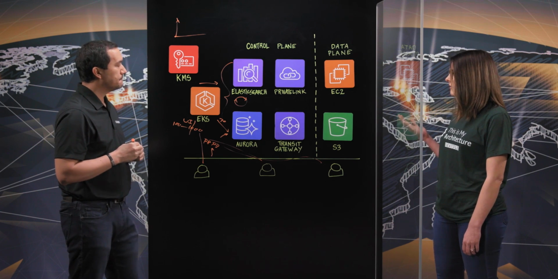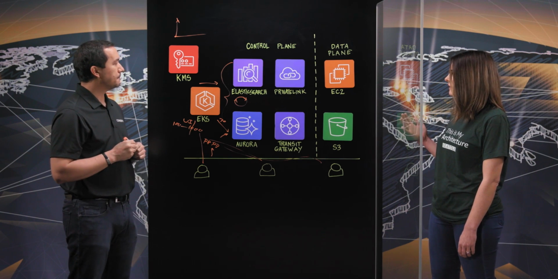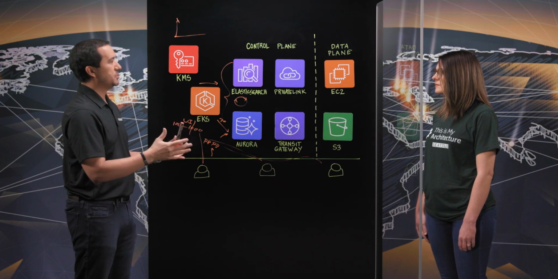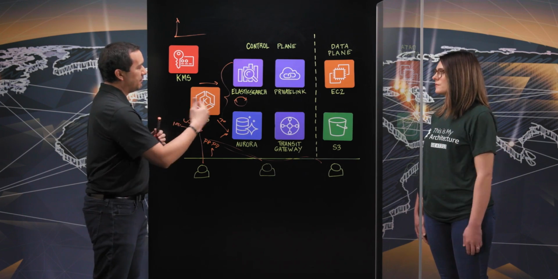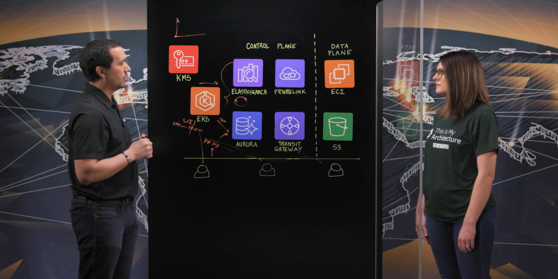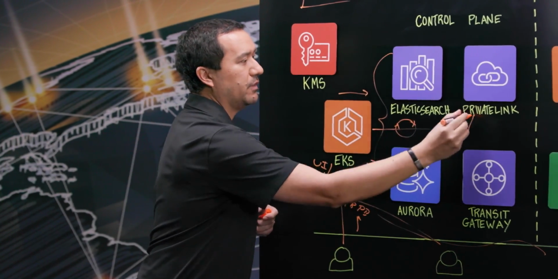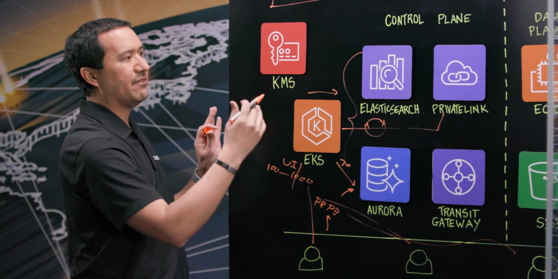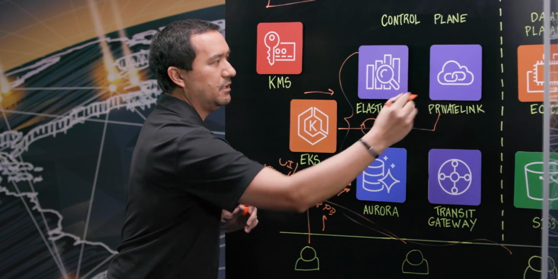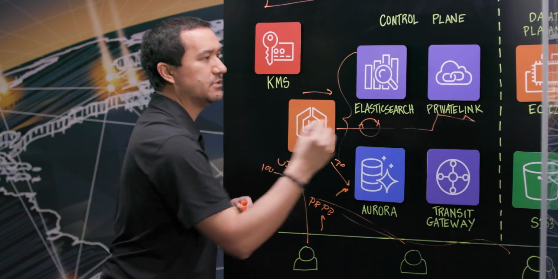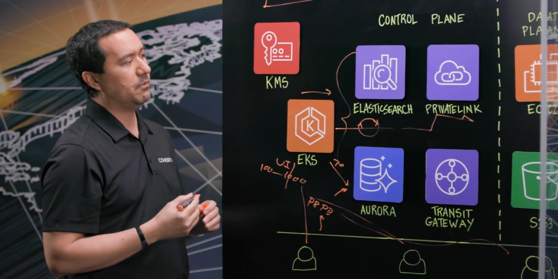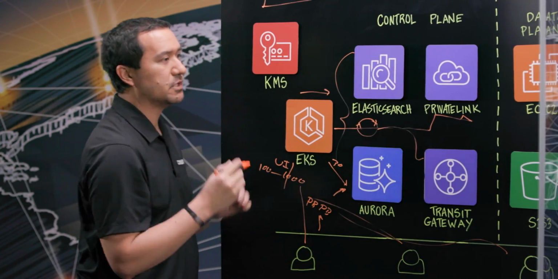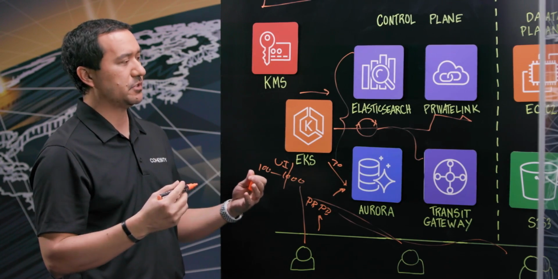So I see that we have Private Link and Transit Gateway next on the architecture. Tell me how that fits in. Yeah, we talked a little bit about the data plane. That's where the customer stores their data, and any type of data we want to emphasize is secure. So we're leveraging Private Link to make sure that if it's an inter-region data plane, it's going over the private link and leveraging everything in a private VPC, so it's staying internal and secure. Then we have regions across the Americas and different geographies, and we use Transit Gateway to talk to those. Everything uses the backbone for protection and speed.